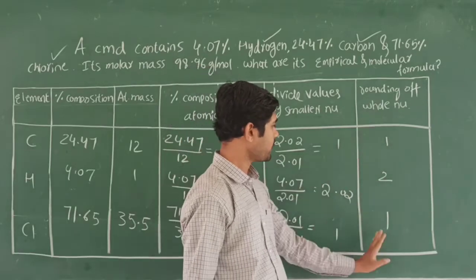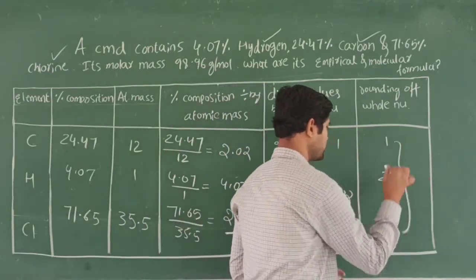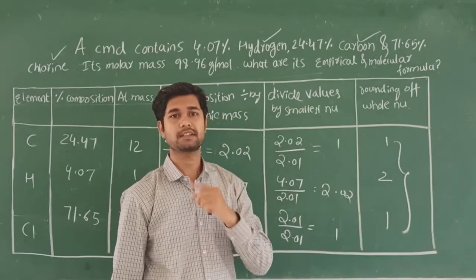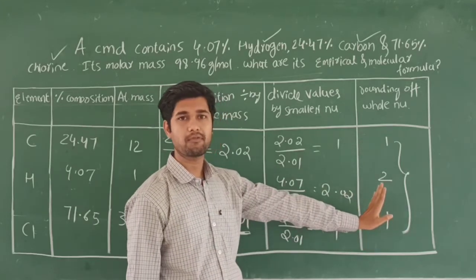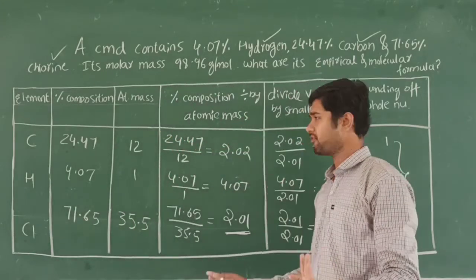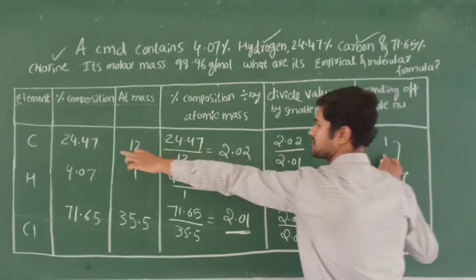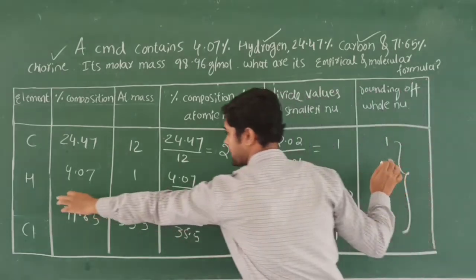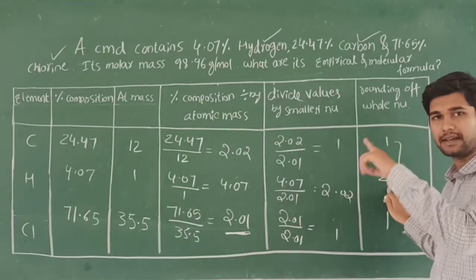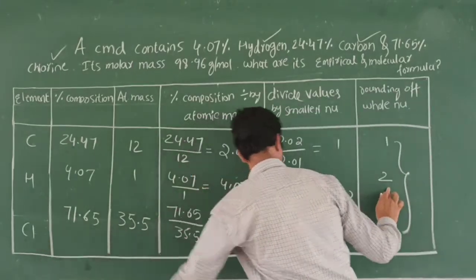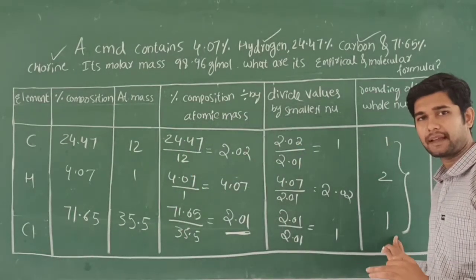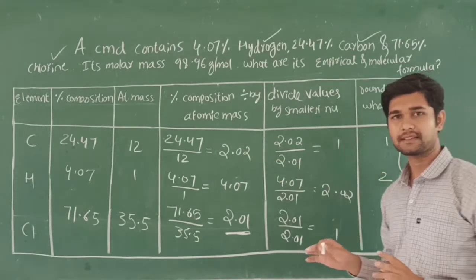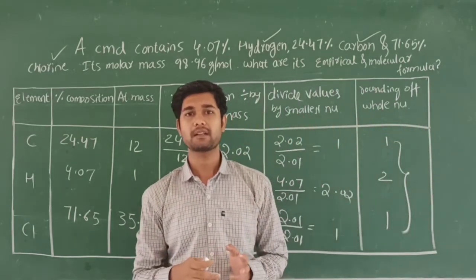So after getting these values, these values are very important. The remaining 2 steps are very important. That step is called finding the empirical formula. You know that, very simple, empirical formula. Carbon, you see this element carbon, its rounded value is 1, that means carbon is 1. And here hydrogen, how many is there? 2 hydrogen, I mean CH2, and chlorine has been given as 1. So its empirical formula I can write as CH2Cl. So like this we are going to find the empirical formula and also the molecular formula.